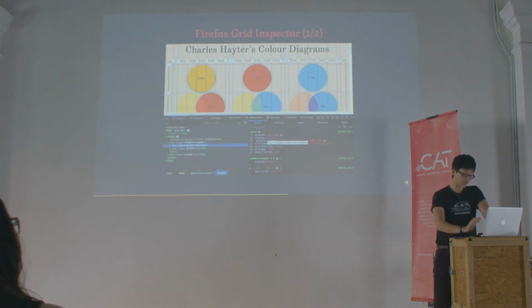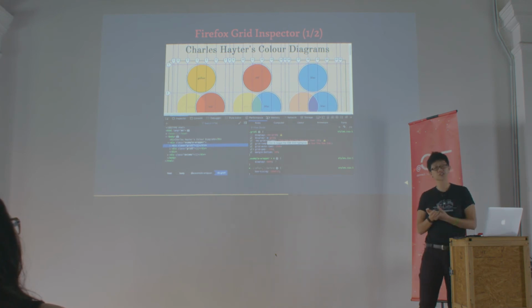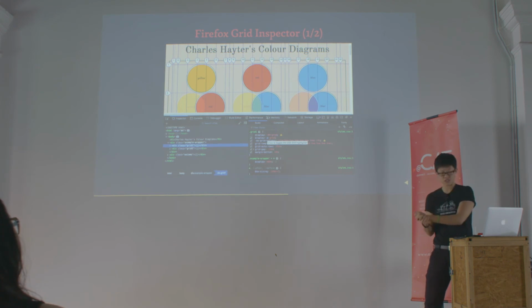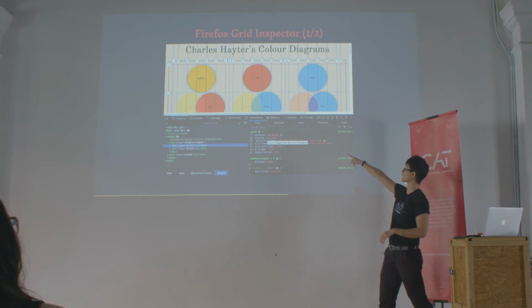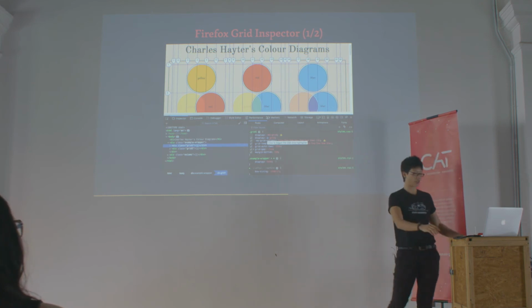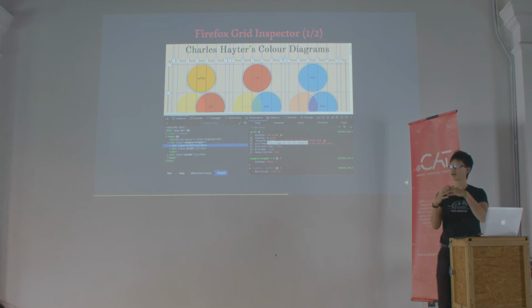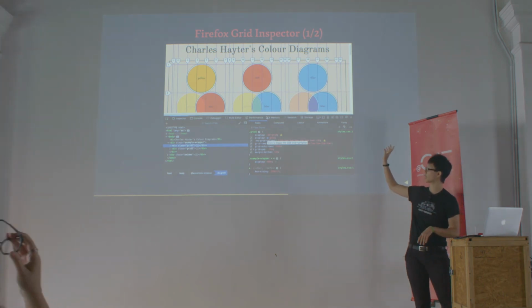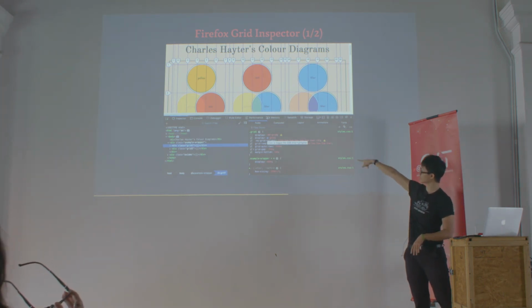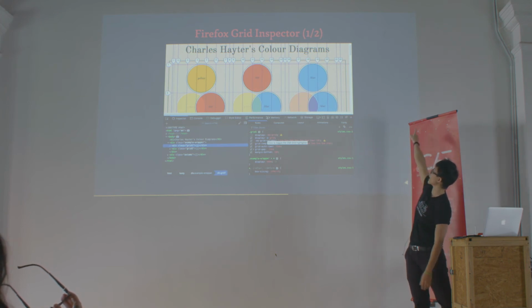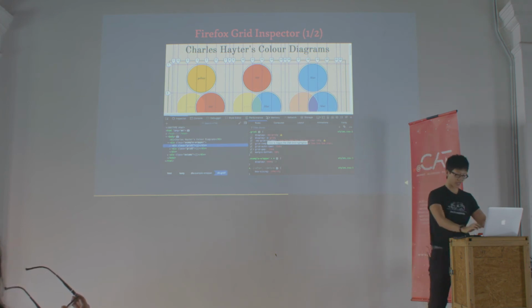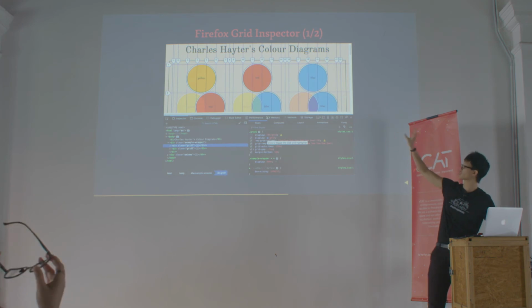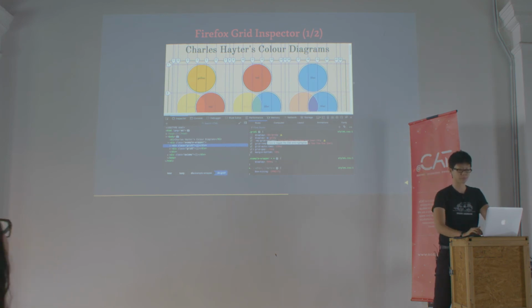So Firefox actually has the best grid inspector tool in any browser, and the team is constantly working on adding more features to make your lives easier when you start using CSS Grid. To toggle it, you click on this waffle-like icon onto the container in which you have applied display grid. Once you activate it, you're going to see all the grid lines on your element, and you can see exactly where you've placed your items, which is great for troubleshooting.